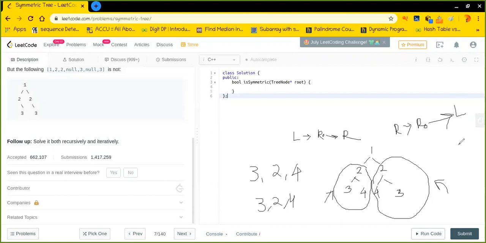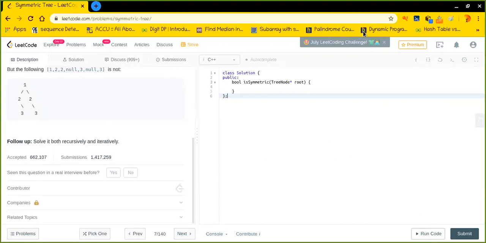But now I'll not save all these nodes in any explicit array or something like that. I can simply suppose I'm right here, and I can simply check whether the leftmost node is equal to the rightmost node of this tree, isn't it? At runtime, in the recursive way. So in this way we can solve this. So let's try it out. Let's see how we can solve it.